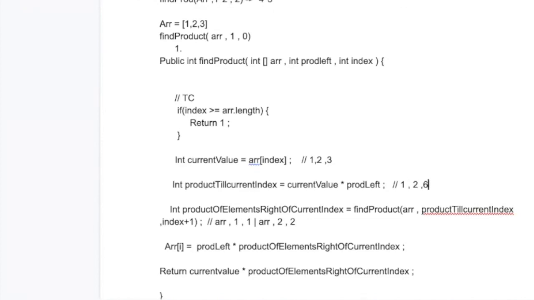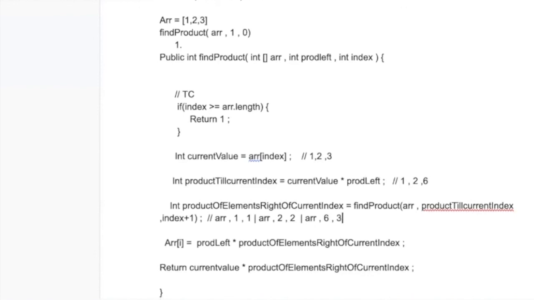And here the value that again gets passed will be the array, and then its value should be 6, because the product is 6, and then the index should be 3, and then it again goes here, and it comes here, and then it returns 1. So here the value of the product will be 6, and the index is 3.